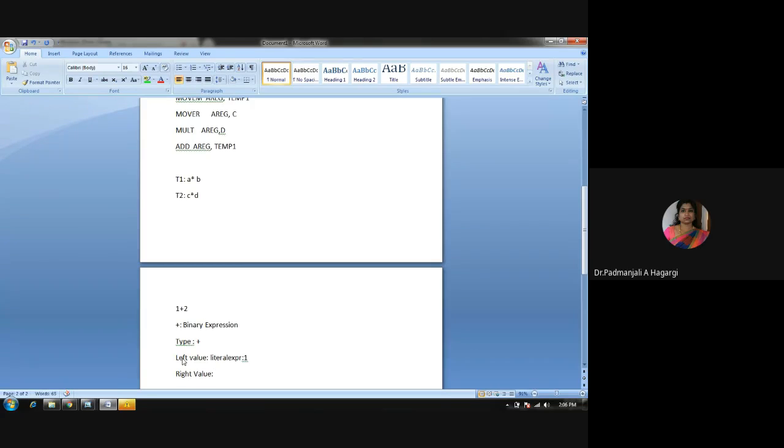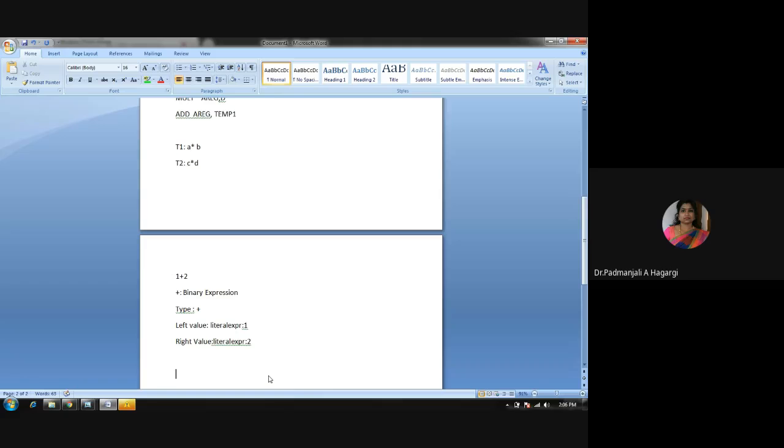The right value is the literal expression, and that literal expression is nothing but 2. And how is the abstract syntax tree constructed? The abstract syntax tree is constructed based on the expression given. And the expression given here is nothing but the plus, and this plus